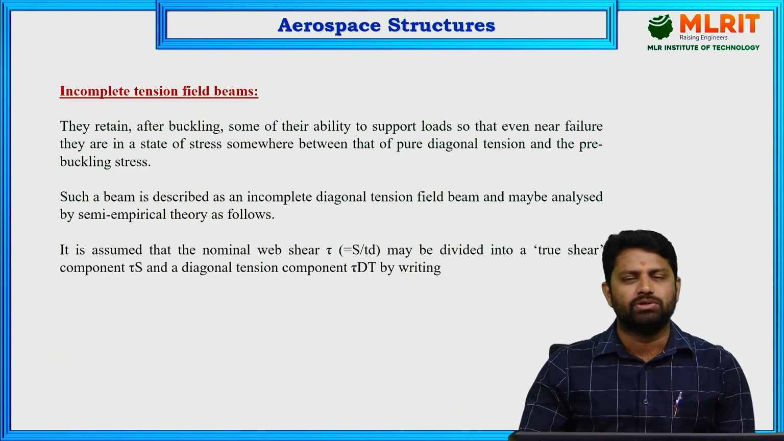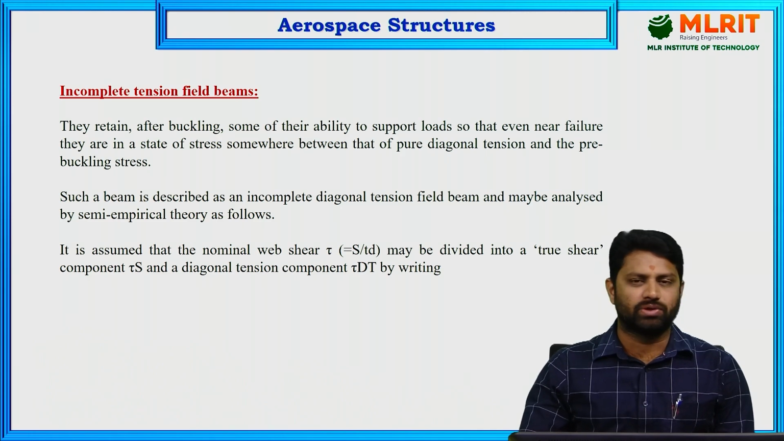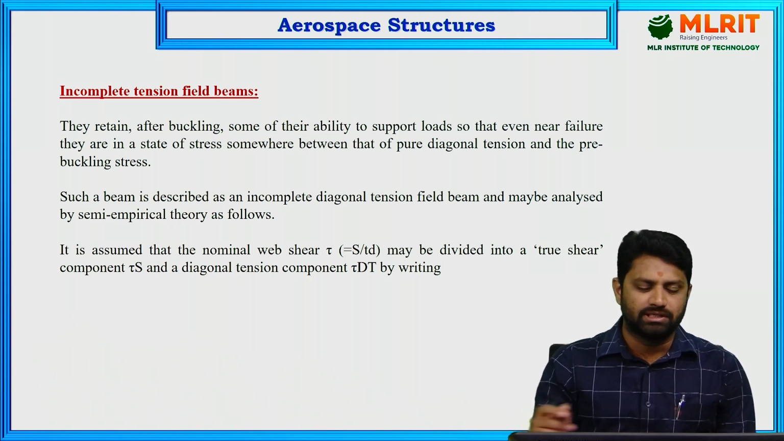Usually for these incomplete tension field beams, the evaluation of stresses is dealt with by semi-empirical theories. So in this module we are going to present the semi-empirical theories for incomplete tension field beams. Firstly, it is assumed that the nominal web shear, tau, is taken as